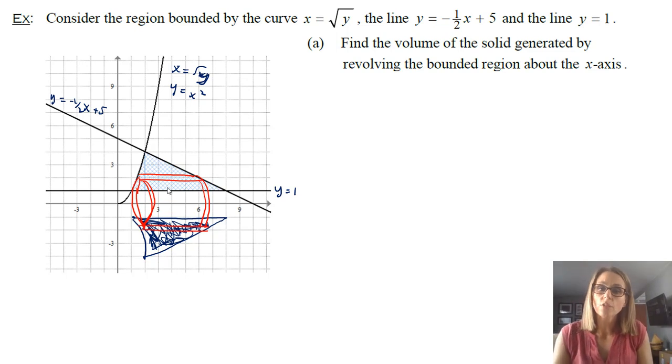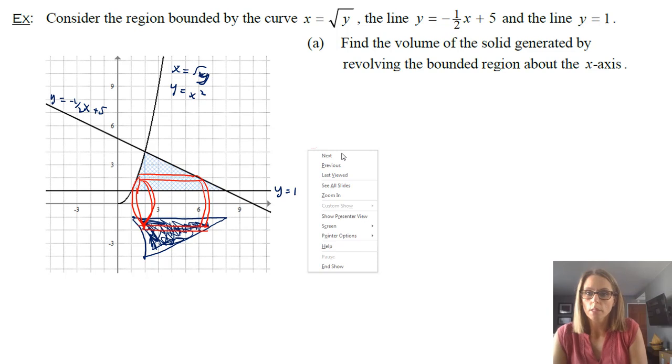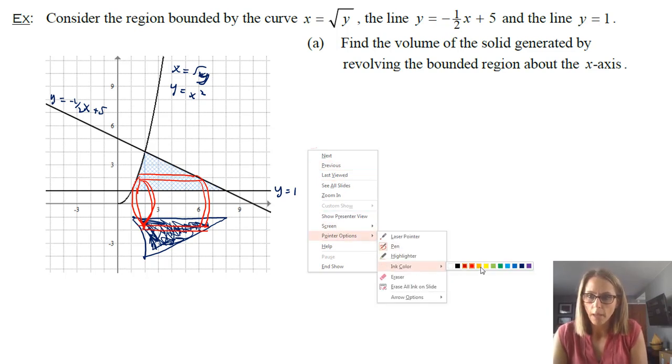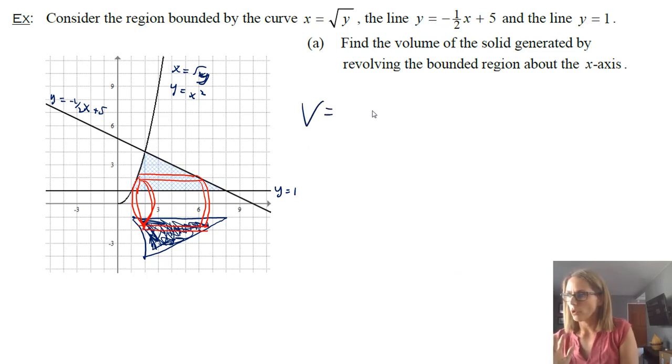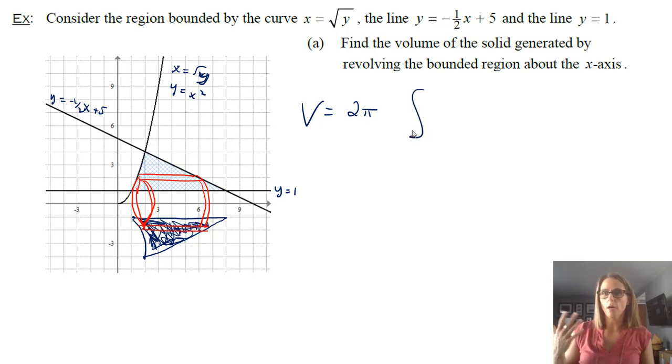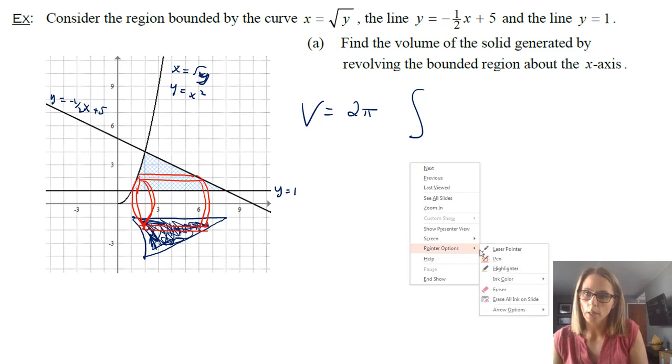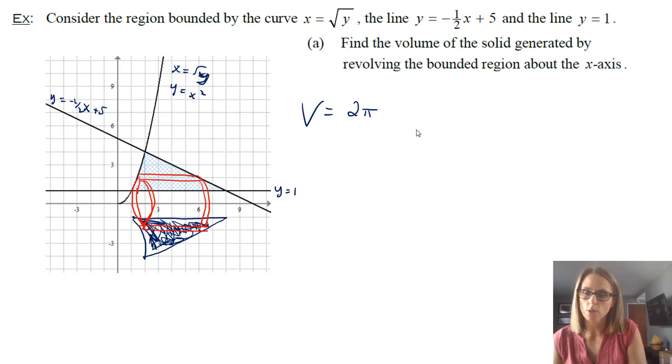Things to pay attention to and notice: this means we're going to be following what you saw on the last slide. Notice you're always going to have this volume be 2 pi, as long as you're using shells, 2 pi. And then you need to have your radius. I'll just move this back.